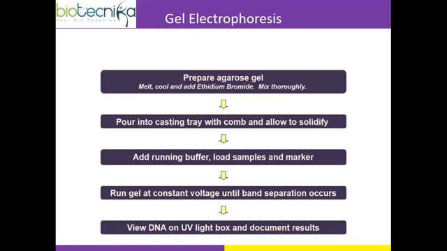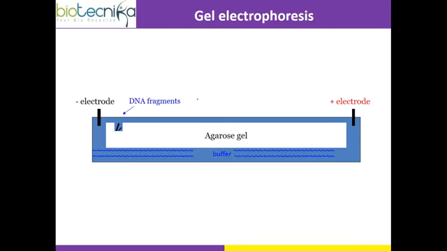Anyway, Chaitanya, it can be in the casting gel or in the sample. They will not add it to the sample; mostly it will always be in the gel. They run it at constant voltage, and they view the DNA under UV light. So this is how they will do it.